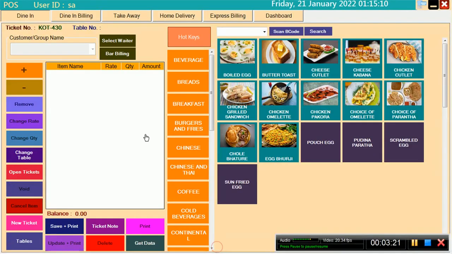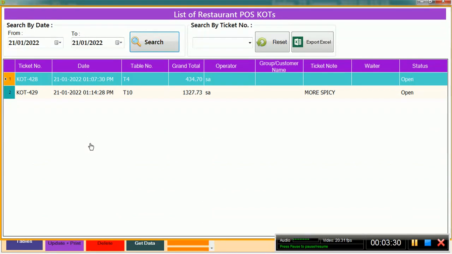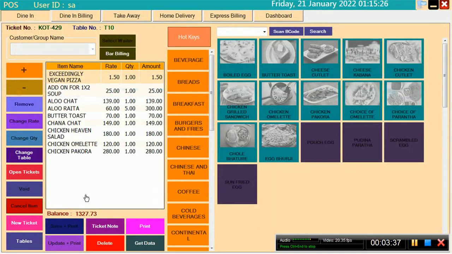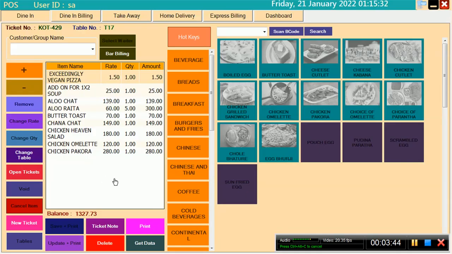After QOT, whenever you want to change the table, I will show you how to change the table. If you want to change the table, just click on search, then you can easily see which tables are running. For example, table 10, you want to change the table, just click on table. We have already selected table 10. Now we are going to go with table 17.